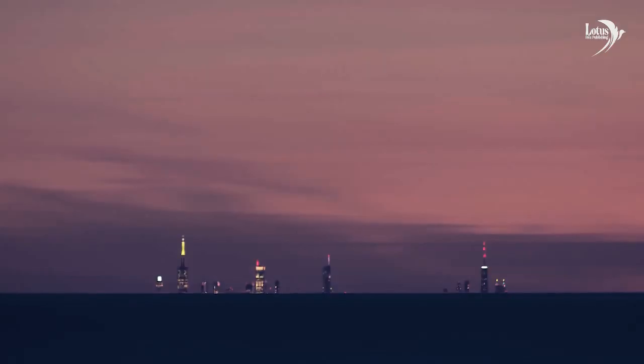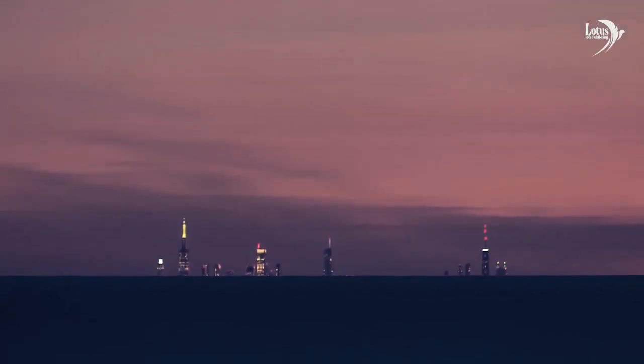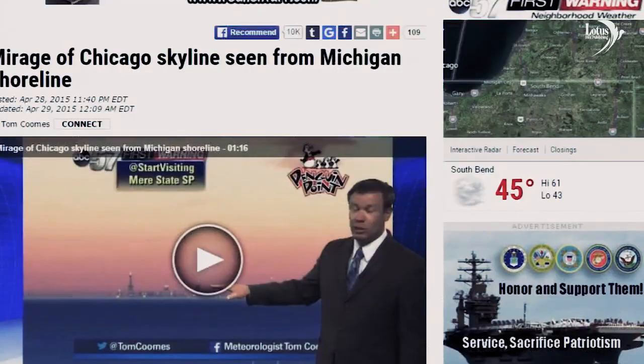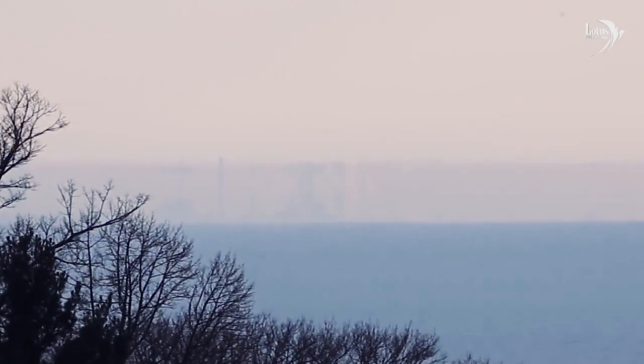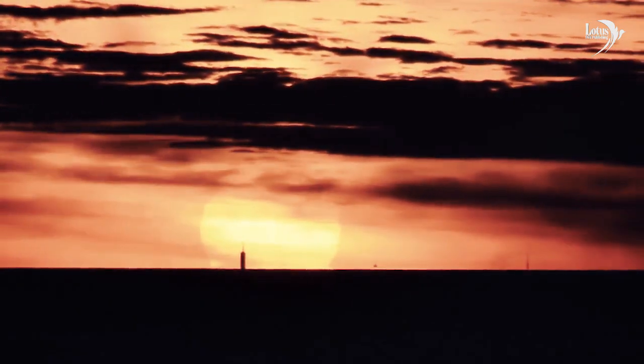Finally, a man was able to capture a photograph of the city of Chicago from the other side of Michigan Lake, despite claims by the media that it was merely a mirage of the city. However, such rare weather conditions necessary for a mirage are not consistent with the fact that many others have captured the same scene at different times and under different weather conditions. The truth is that they were not capturing a mirage, but rather looking across a flat surface.